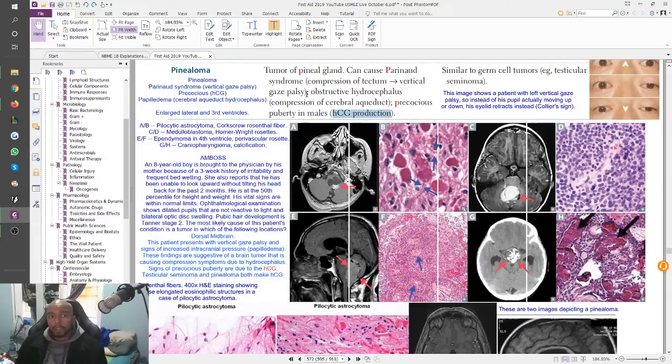And then the flow of CSF. Flow of CSF is very critical. So if you have enlarged ventricles like the one in our question, you have to know where the obstruction is happening. And in pinealoma, it's an obstruction of the cerebral aqueduct because it's in that area where the pineal gland is supposed to sit. And you can see here, right, images